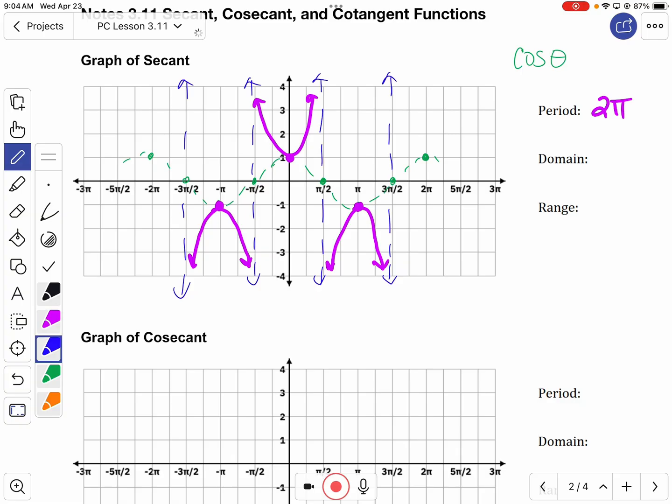Now, let's talk about domain. Domain refers to the x values that are used. Everything's good except for where our